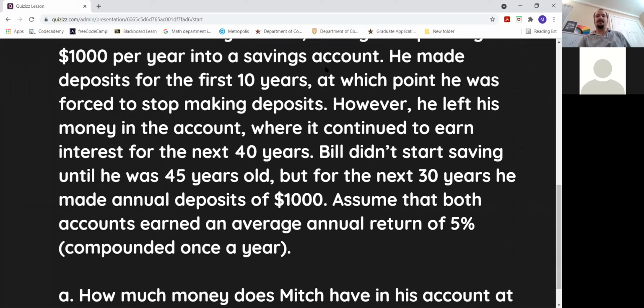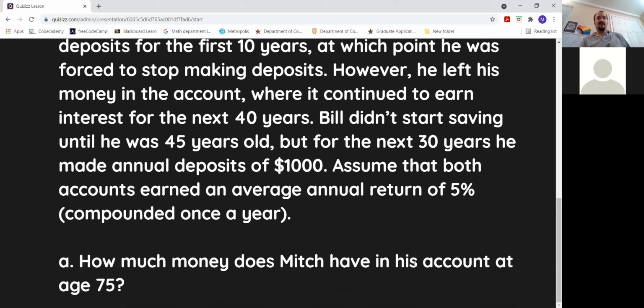And well, I scrolled up and down. He made deposits for the first 10 years, at which point he couldn't make them anymore. And so he just left the money there and it continued to earn interest for 40 years. Bill was late to the game. He didn't start saving until he was 45, but he saved for 30 years and made annual deposits of $1,000. Assume that both accounts earned an average annual return of 5%, compounded once per year, which makes things really kind